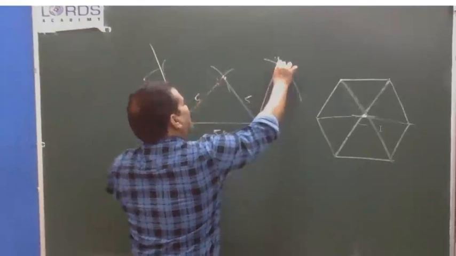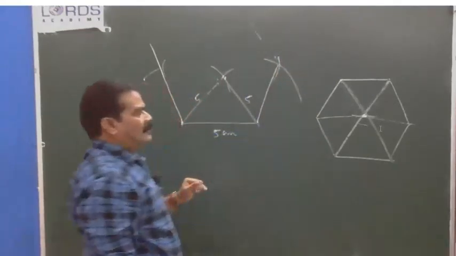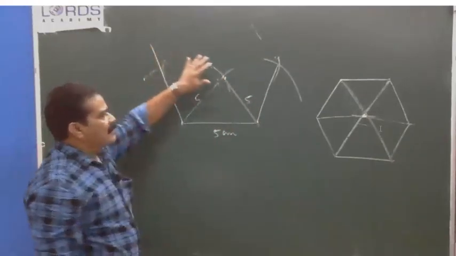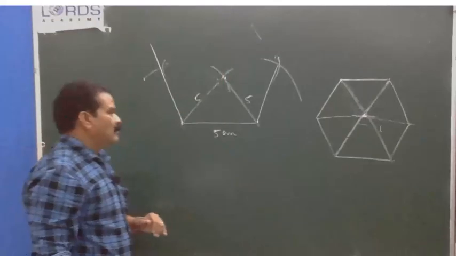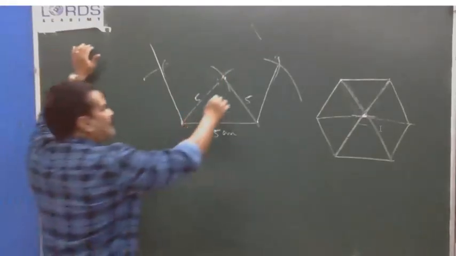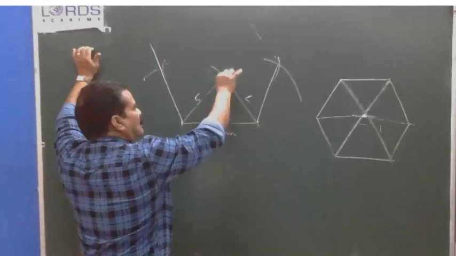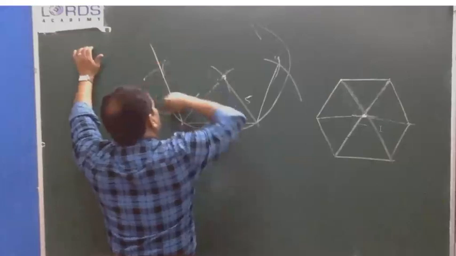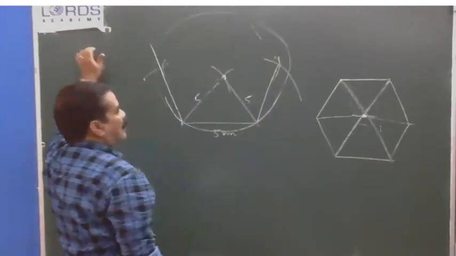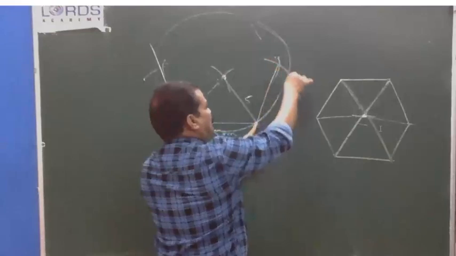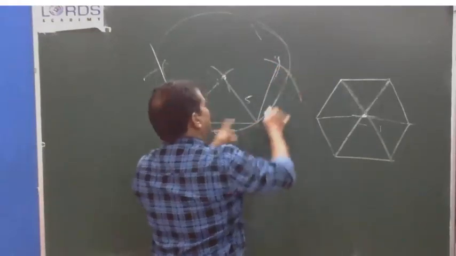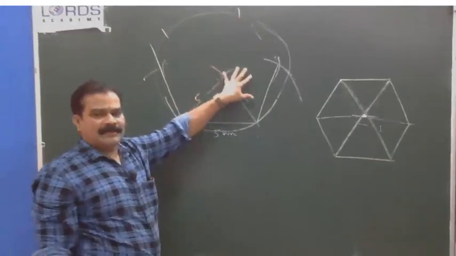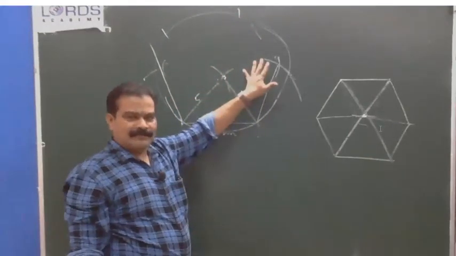Here also draw it, and again you take from here also that. You can make like that. Or you draw a circle from here. Using this as a center, you draw a circle, and from that point, you cut it. Each 5 centimeter you cut it. Then join it. You will get the regular hexagon also.